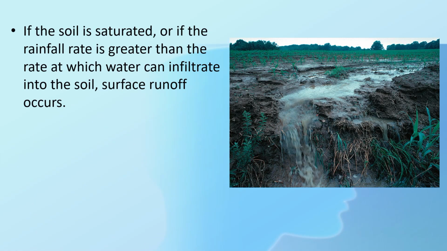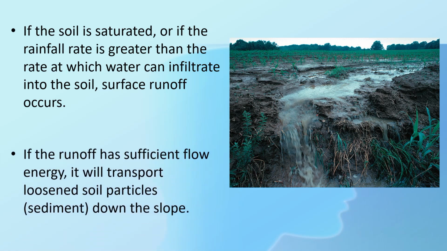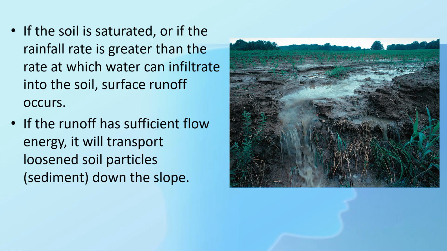If the soil is saturated, or if the rainfall rate is greater than the rate at which water can infiltrate into the soil, surface runoff occurs. If the runoff has sufficient flow energy, it will transport loosened soil particles, sediment, down the slope. As you may see here in the image, the surface runoff